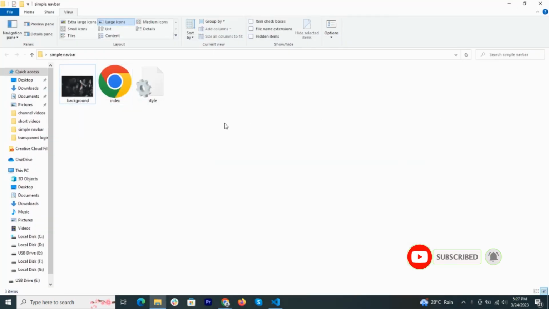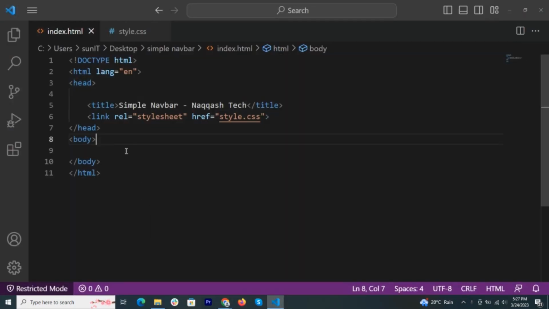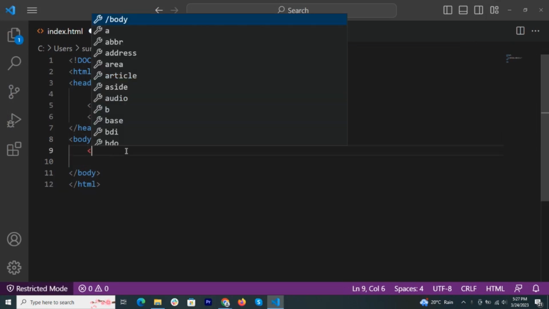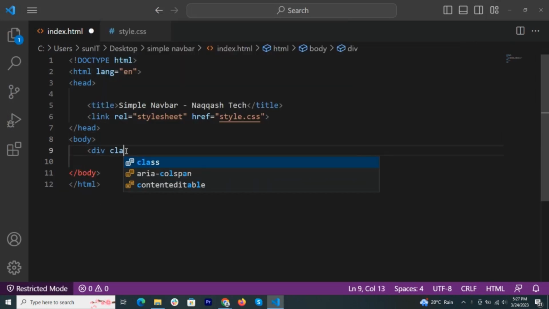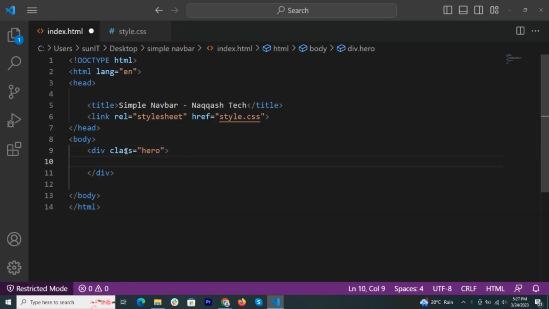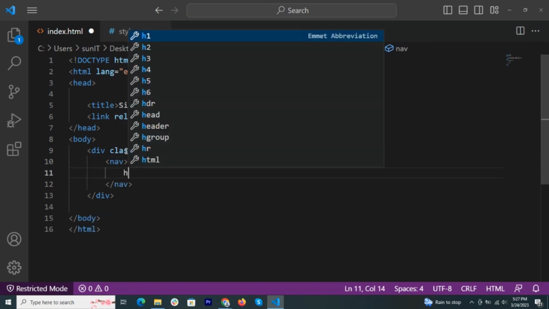Here are three files: one is the background picture, the second one is HTML and the third one is CSS. Now open Visual Studio. Here we create one div with the class name hero. After this div we create one nav. After this nav we create one h2